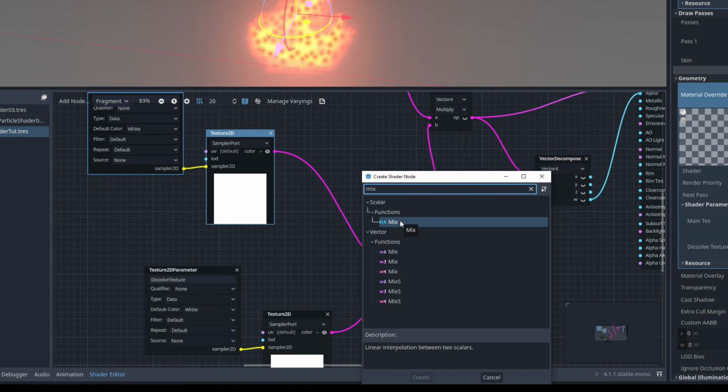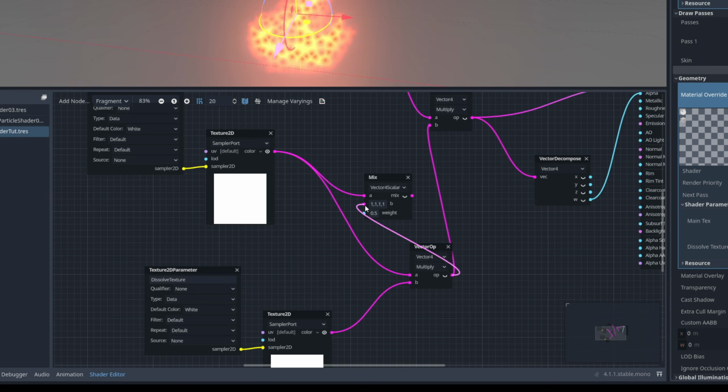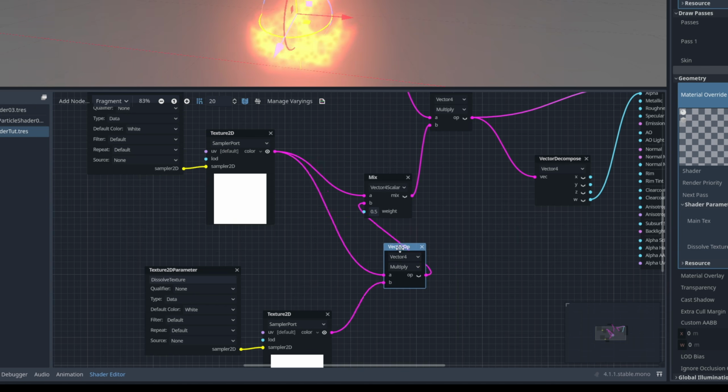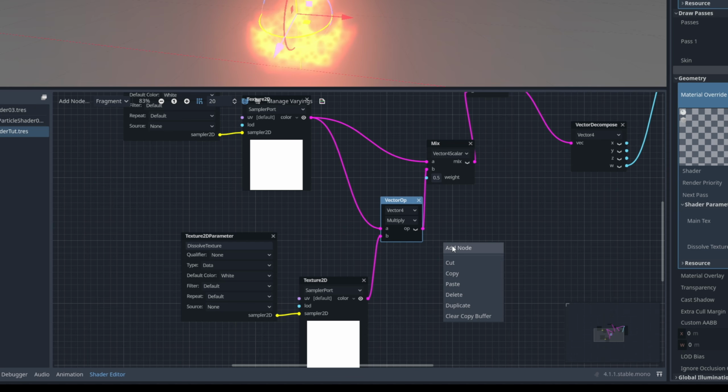In here in Godot it's a mix. Make sure it's a mix for a vector 4. We can connect the main texture without dissolving to the A, and then the result of multiplying the main texture with the dissolved texture to the B, and replace these up here. And now the weight will control how much we want to blend between A and B,